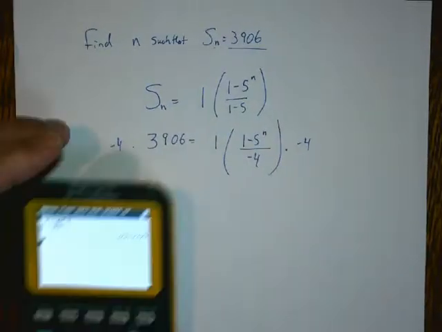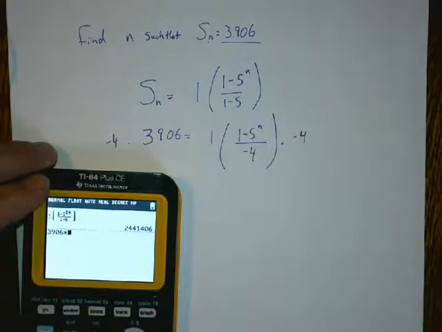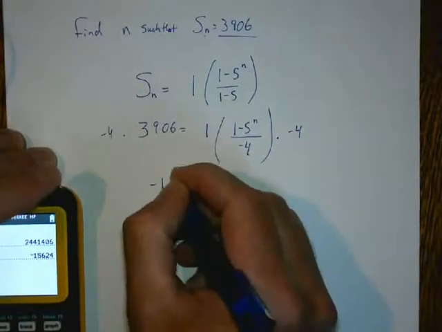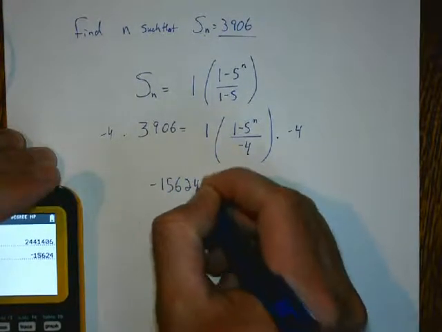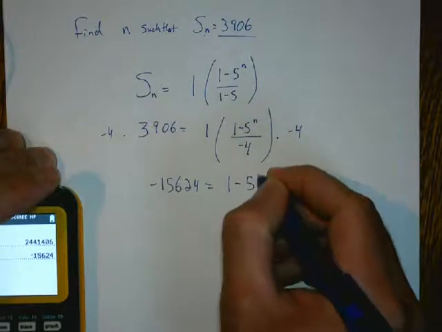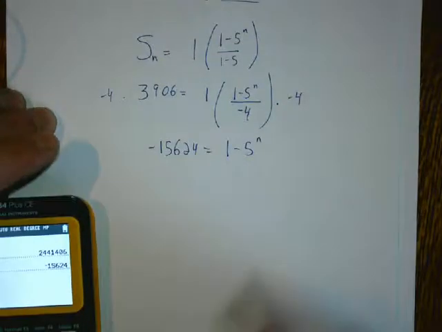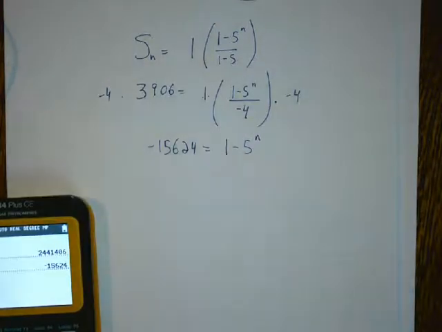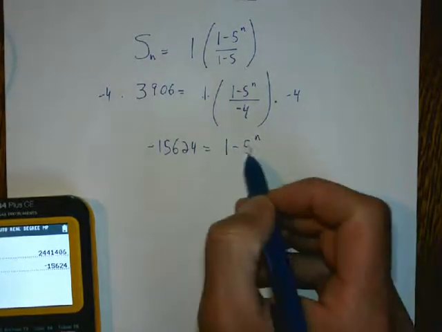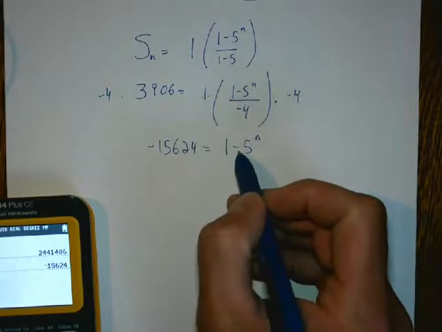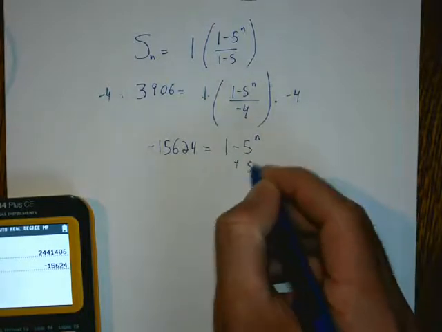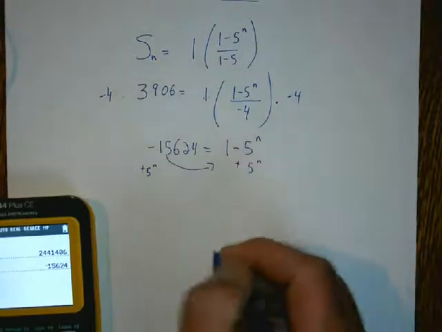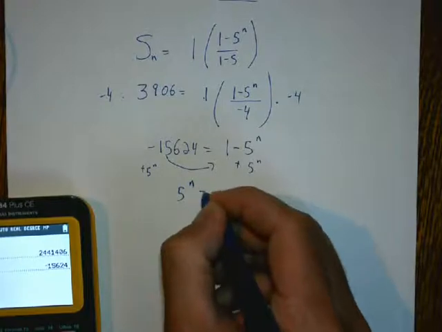So, take our 3,906 times the negative 4, and I get negative 15,624 equals 1 minus 5 to the nth power. Now, remember, this value of 1 here, since it was just 1, I divided out. If this was a 3, I'd divide both sides by 3, and so on and so on. No big deal. Now, I need to solve for n, but since this value is negative, I'm going to add 5 to the nth power over to the other side, and then I'm going to add this guy over that way as well. So I have 5 to the nth is 1 plus